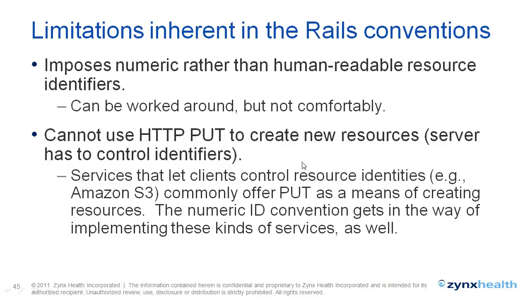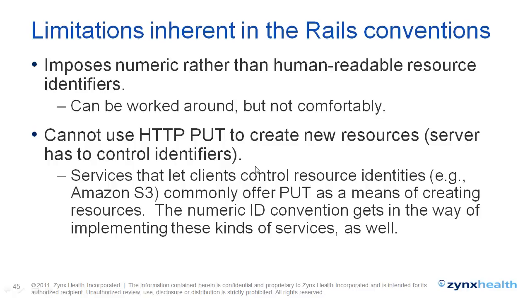The reason is that since the URI corresponds to the identity of the resource and it includes a numerical identity specifically for this new resource that you are creating, you would have to, on the client side, predict what the ID, which is generally going to be a key that the database engine wants to generate itself, is going to be. So when you want to create new resources, really, if it's all Rails conventions, then you have to only use